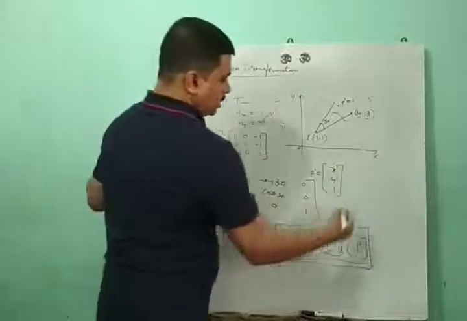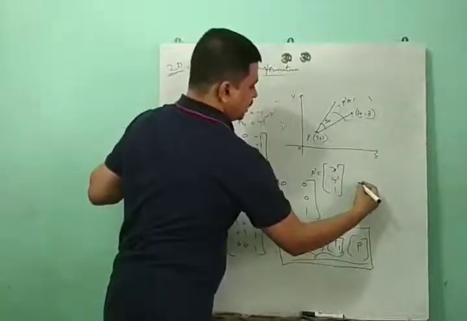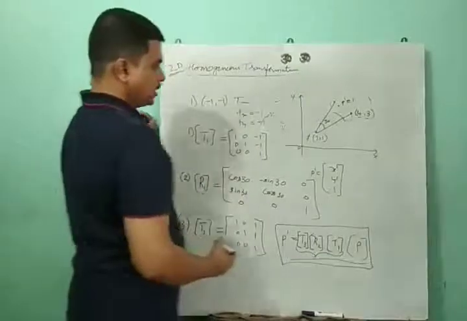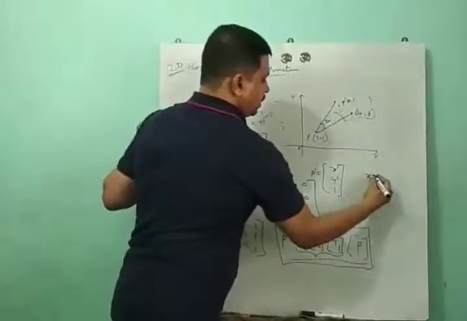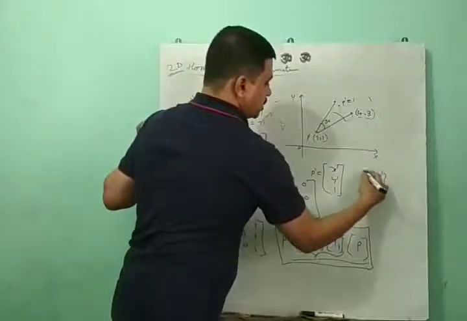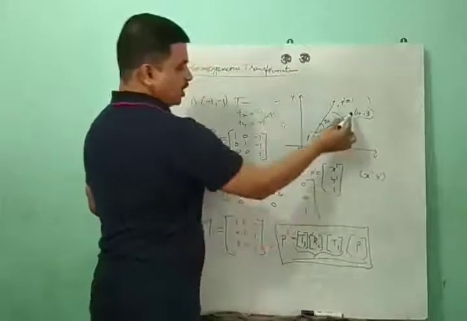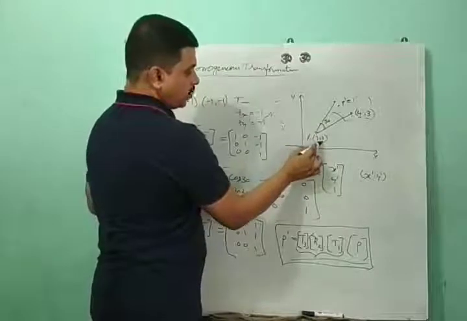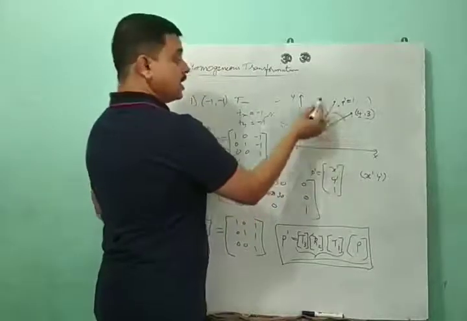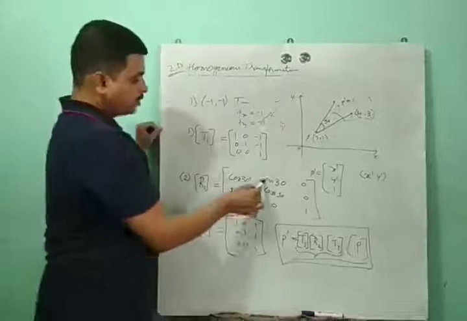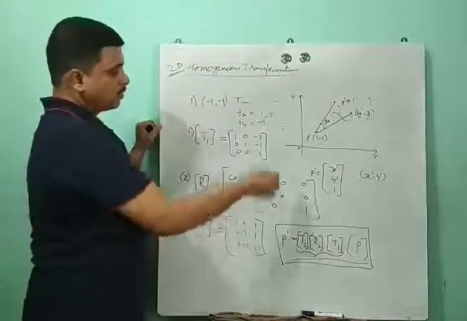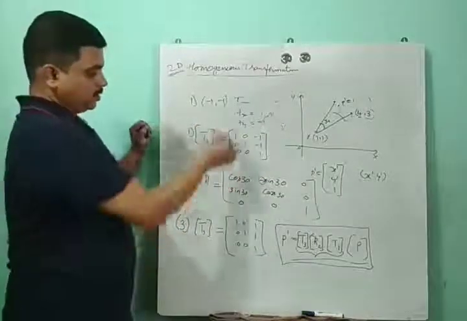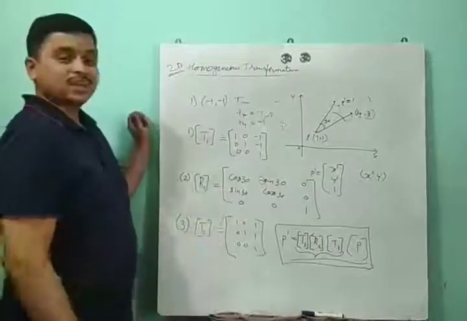If you represent that as an ordered pair, then the final point after these three transformations will be (x dash, y dash). That means we have rotated the given point (4, 3) about an arbitrary point (1, 1) by an angle of 30 degrees in the clockwise direction, because we have considered a minus sign here, that is for clockwise; anti-clockwise is the other direction. So this completes your concatenation of operations.